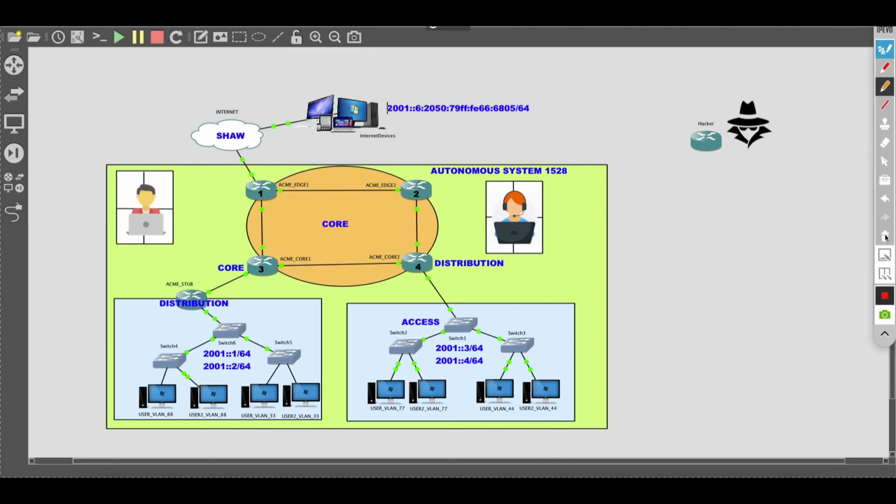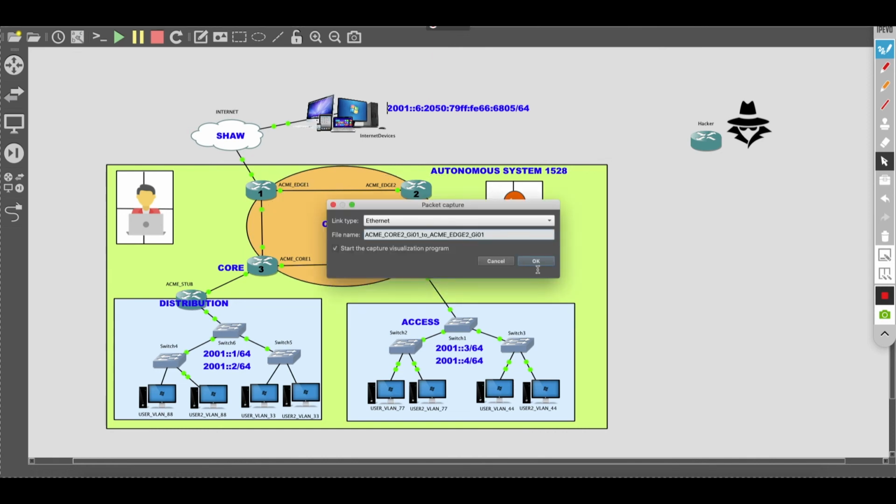In IP version 6 it is different because remember, in IP version 6 they have what's called the link local address. And the link local address, which is a non-routable IP version 6 address, is dedicated to these neighbors that speak IP version 6 and are allowed to send neighborship information between each other. As a matter of fact, if we do a packet capture, which I think would be the best thing to do here,